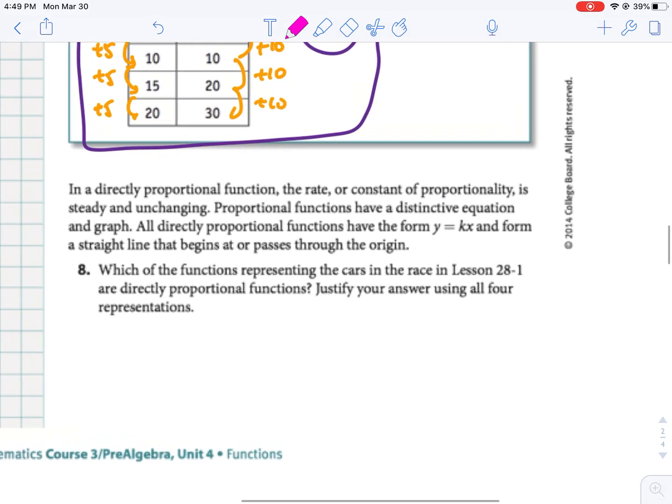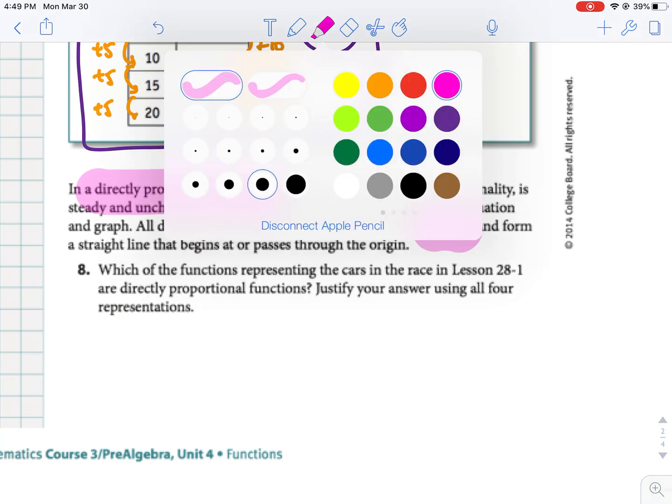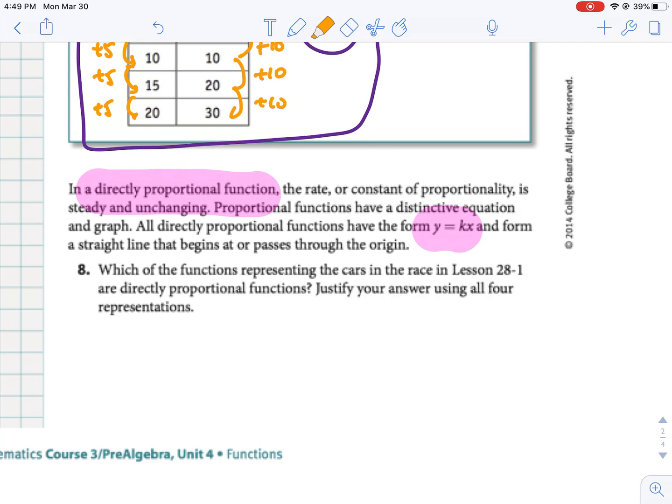So looking down at the bottom, it's going to talk about something we've already talked about, which was called directly proportional. And remember, directly proportional is anything that's a line that has a y-intercept of 0, right? We've talked about proportional before, and that should be on your word wall as well. So in order to be directly proportional, we've got to figure out which of those cars had a y-intercept of